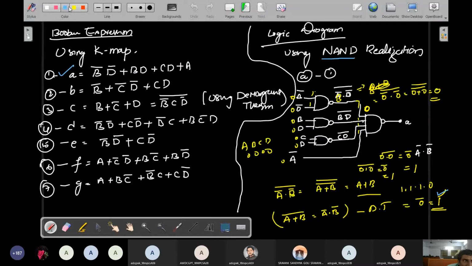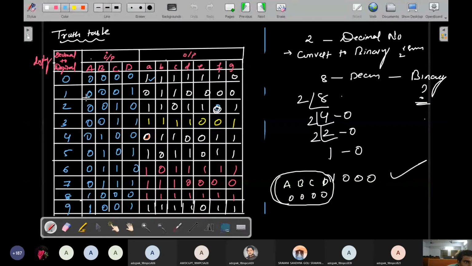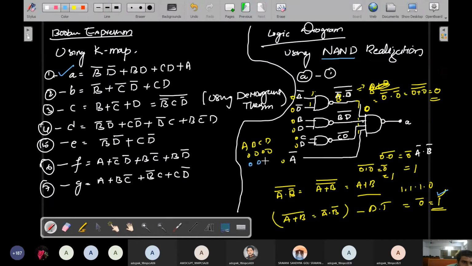So I use another color for understanding purpose. This is actually what he considered in the second case. For decimal number 1 he considered 0 0 0 1. So this is for 1, and this is for 0. Right now I'll apply B is 0, D is only 1. Remaining zeros, this is 1, remaining 0 1. So this is the 0. Okay, so right now with blue color I am applying the input.